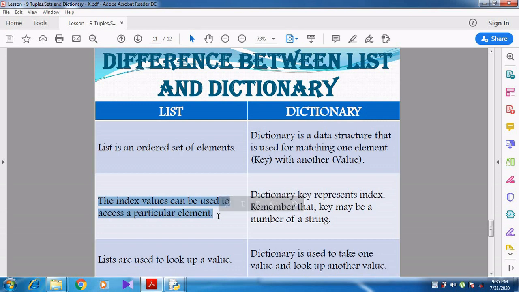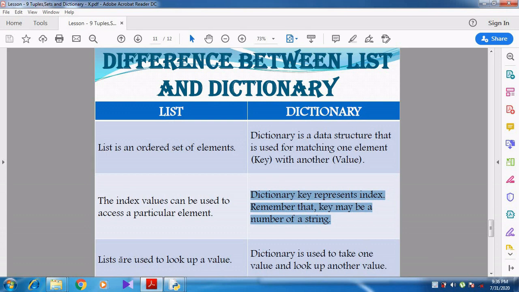We already studied in lists as well as tuples that we can access each and every element through its index, positive index, negative index. But in a dictionary, the key represents the index. Remember that a key may be a number or a string.